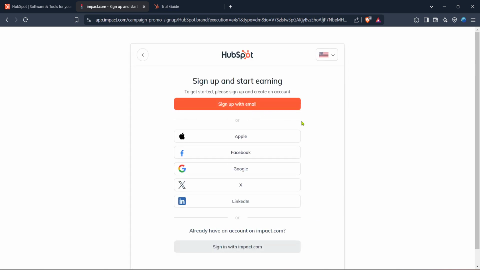As an affiliate, you not only benefit from a seamless partnership experience, but also gain access to a wealth of resources and a support system designed to help you succeed. Now that you know how to become a HubSpot affiliate partner, you're ready to embark on this exciting journey. Remember, being a successful affiliate is about creating and cultivating connections. So go ahead, complete your registration, and start sharing the advantages of HubSpot with your audience.